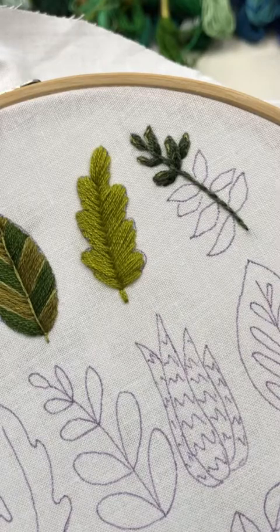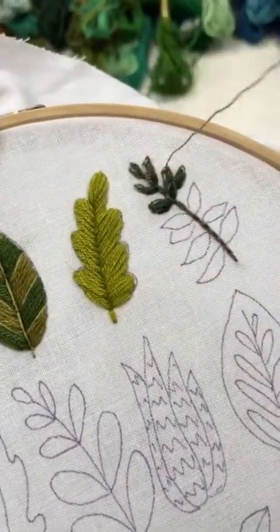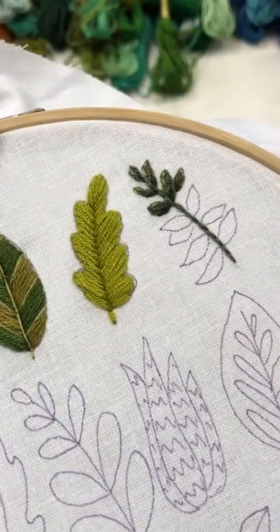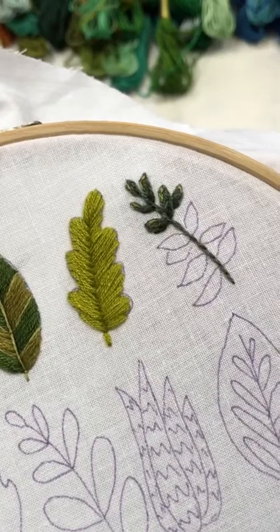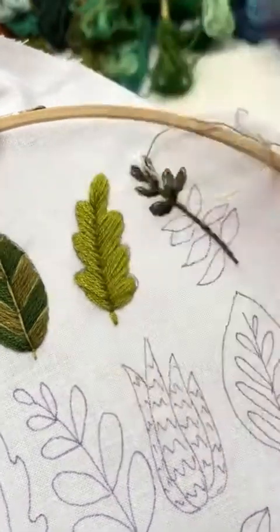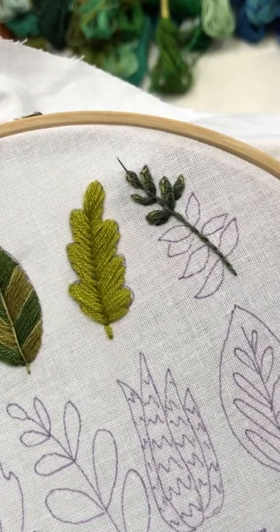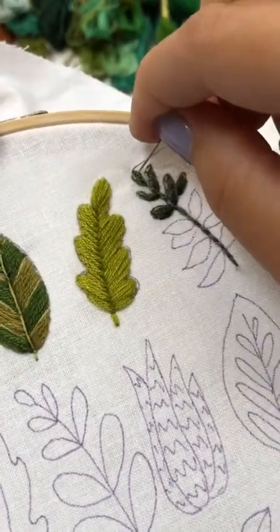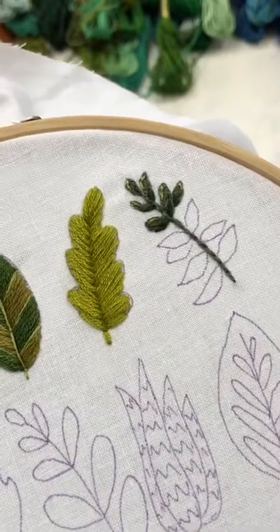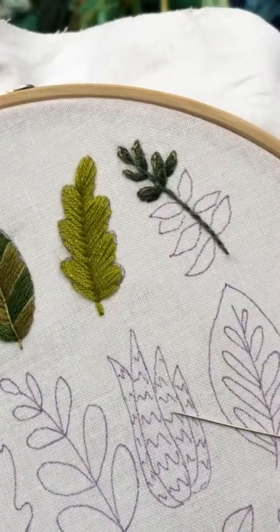So I might just go back in with one thread, especially up here where you can see there's 2 specific stitches, and split those and make it look a little bit more continuous, like a nice little highlight. So there we go. That's what we've got going on today. I cannot wait to see your little thread painting